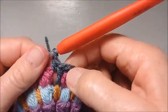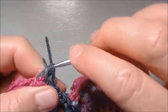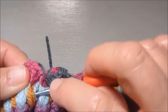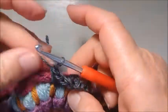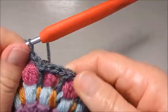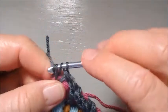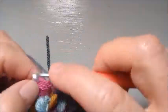Into the same space. So basically we'll have a half double crochet front post, half double crochet front post over the next 4 double crochets together, yarn over, half double crochet, yarn over, double crochet front post. So it's a little bit finicky because we've got quite a few different stitches here. So we double crochet front post, and then again a half double crochet, yarn over, half double crochet front post over our 4 double crochets together, yarn over, half double crochet, yarn over, double crochet front post, double crochet, half double crochet,